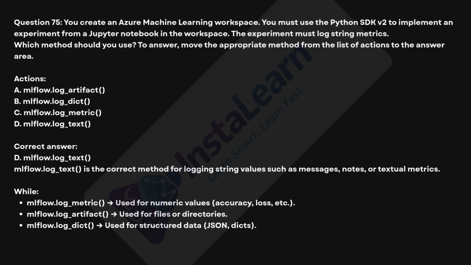Correct answer is D, MLflow.log_text. Here's why. MLflow.log_text is the correct method for logging string values such as messages, notes, or textual metrics. While